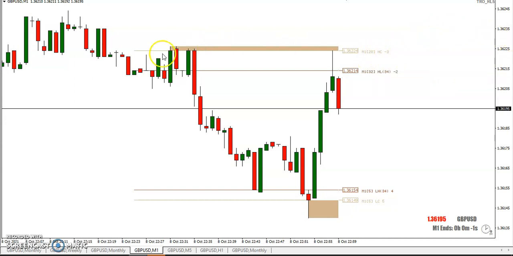We have the highest close right here, and it happened 28 bars ago, and the highest low happened 32 bars ago. And so what you want to do is, when you see these lines, when price gets up here, this is where you want to go short. Now here at the bottom side, 5 bars ago, we had the lowest close,